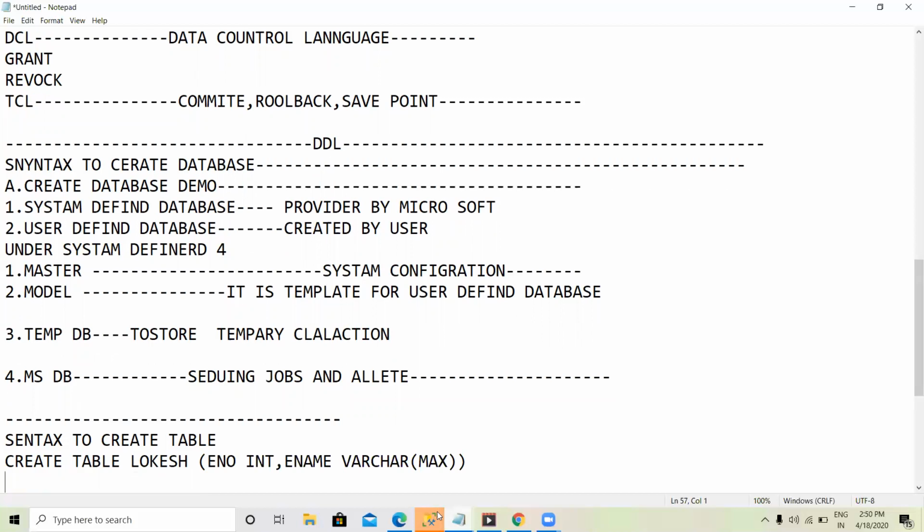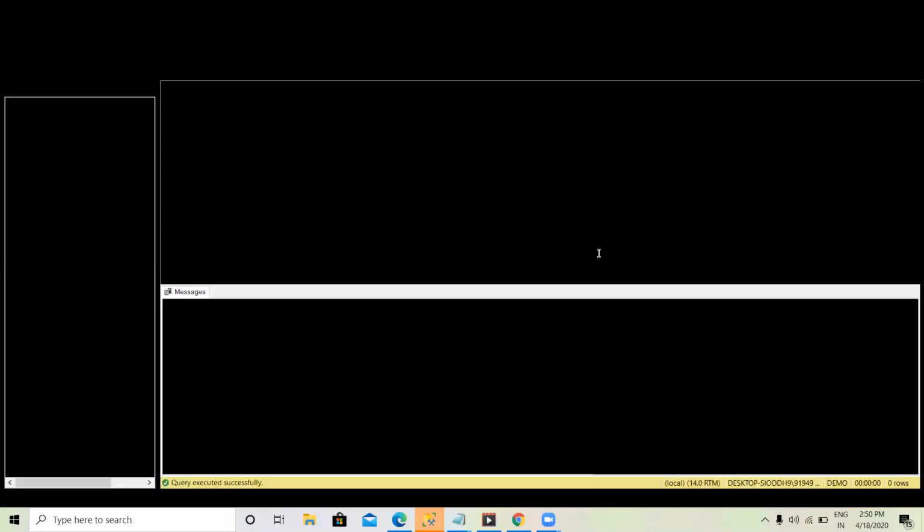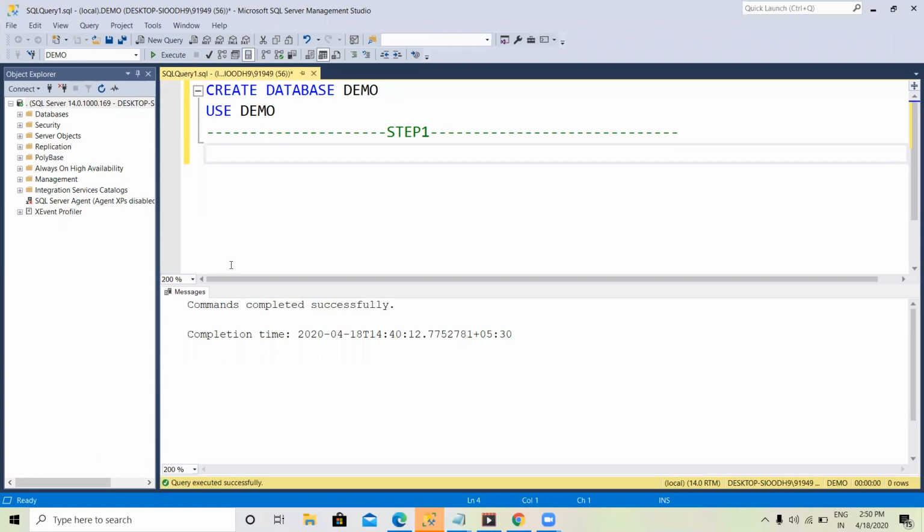I just showed how to create our database. Now I want to create a table. Create table demo, table name, column name. dno, what is dno? Integer. Then dname, dname is varchar, where the size is max.